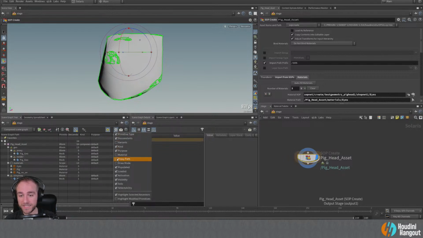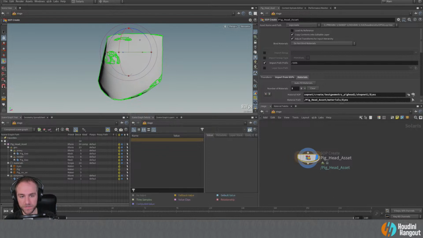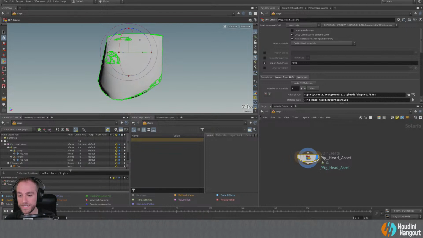There's also a thing called proxy path, which will make sure that the proxy of these are set up properly as render geometry and its associated proxy. And then we can also do things like variants in here as well. I'm just clicking on this little gear icon, and that gives me those options. Another thing in a lot of these is these little question marks, like little speech bubbles, that have information in them to show you what these different colors mean.